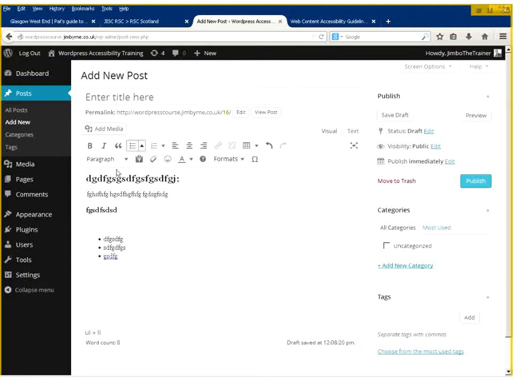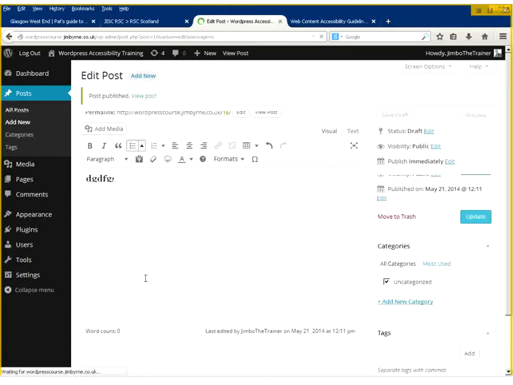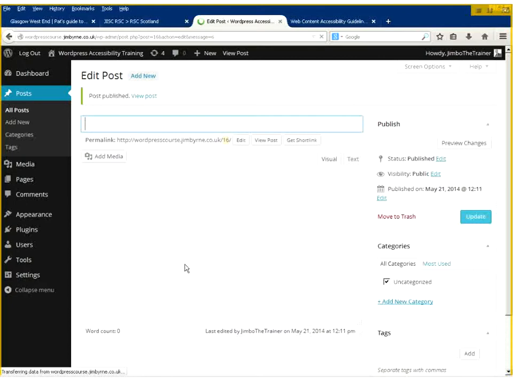So that's us done our MCE Advanced plugin, and why that's a good plugin. It helps you to change the writing environment. See, I would have taken off that text color. We don't want people changing the color of the text. I can publish that. I don't know if there's any questions about that particular plugin and the WYSIWYG, or any comments on that.